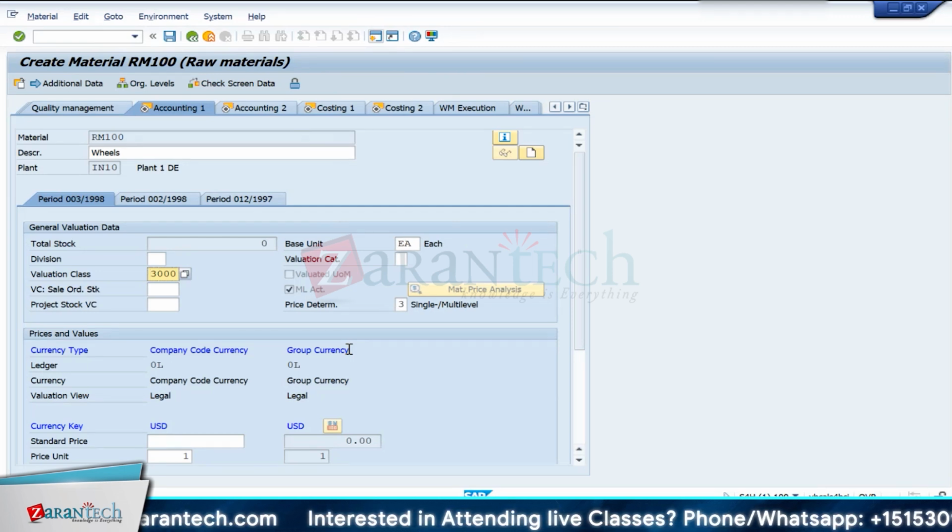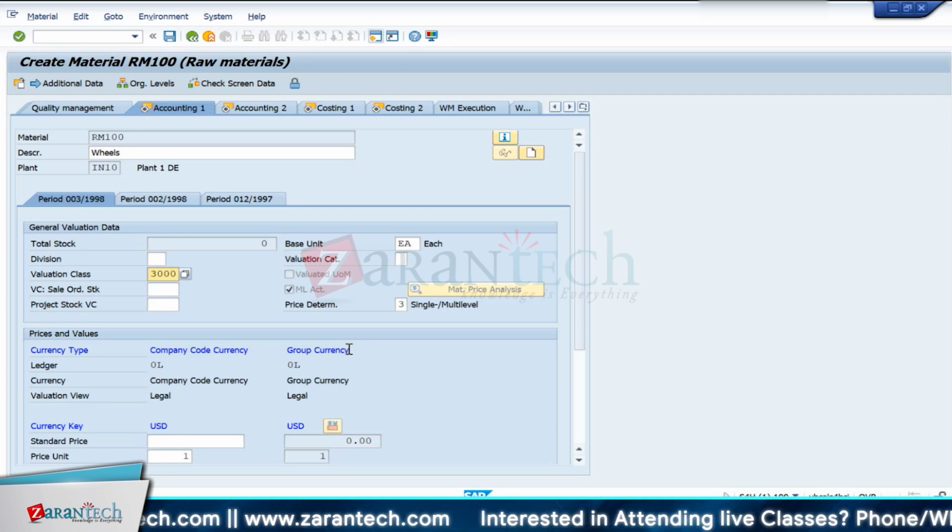When you consume this raw material, the system will post an accounting document. Yeah, that is agreed, because for that we need to perform a different transaction, either MIGO or MB1, correct. But since these are all interlinked, and the material ledger is activated, especially in S/4HANA, considering costing-based and account-based COPA and everything,